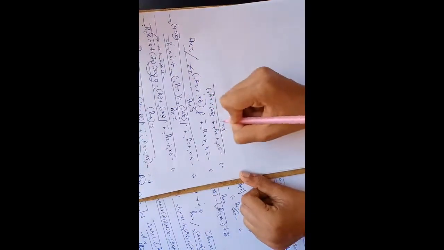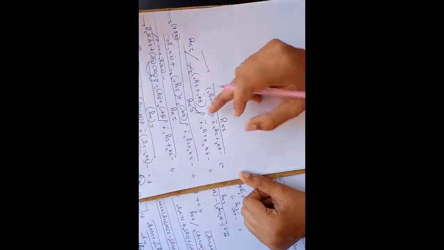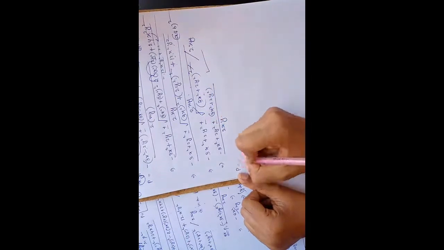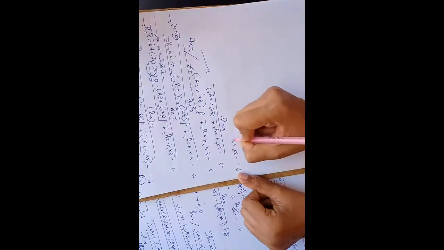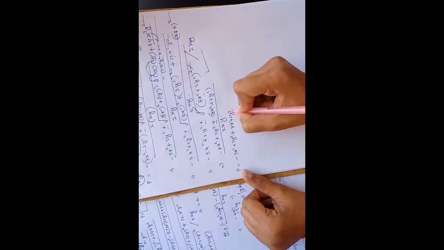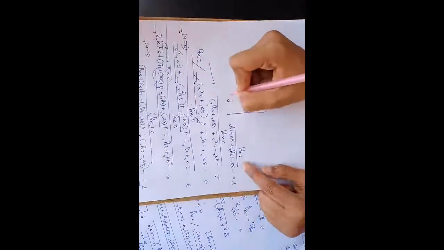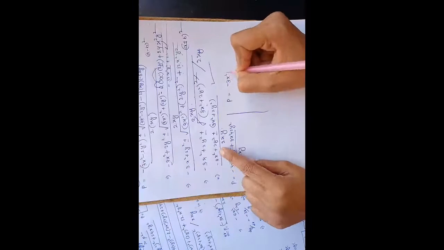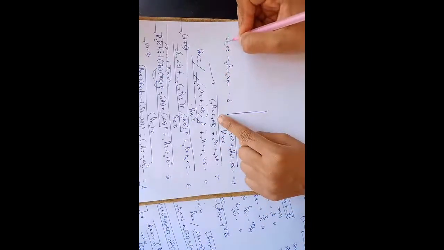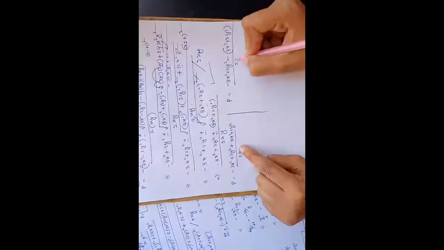Okay, so now we get the two factors, that is one is positive and another one is negative. So I will write here p is equals to minus 3x square plus 2y square plus 3x square plus 2y square divided by 2xy. This is the one term, and second factor is minus 3x square plus 2y square minus 3x square plus 2y square divided by 2x into y. So now we will solve one by one.